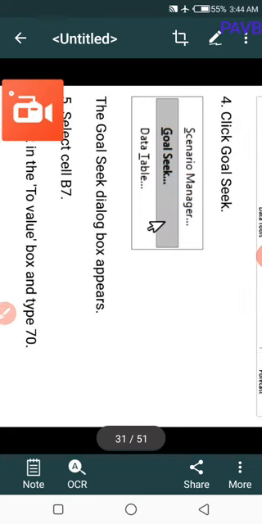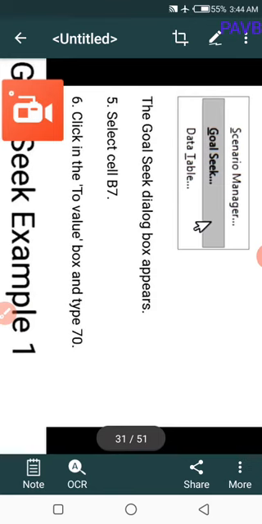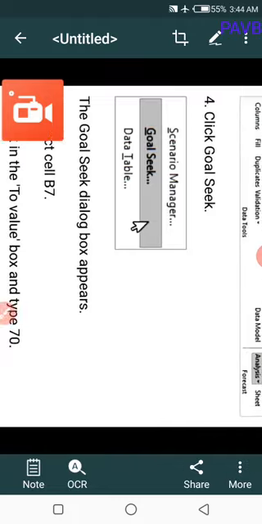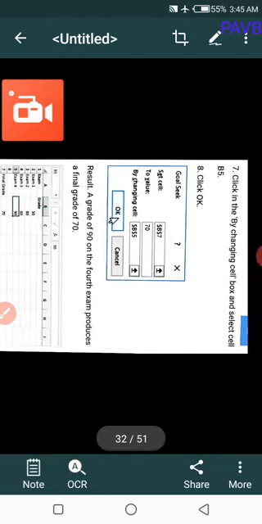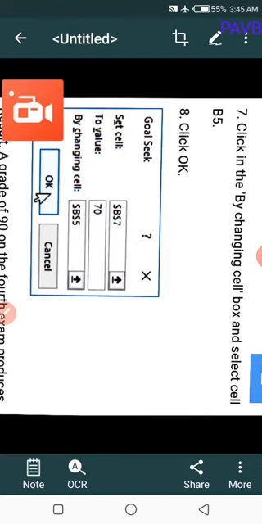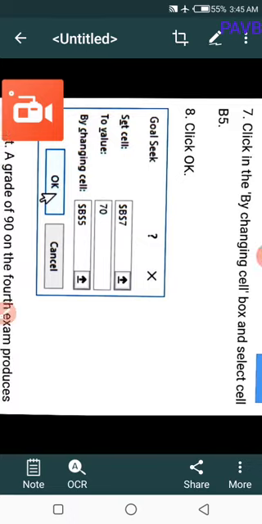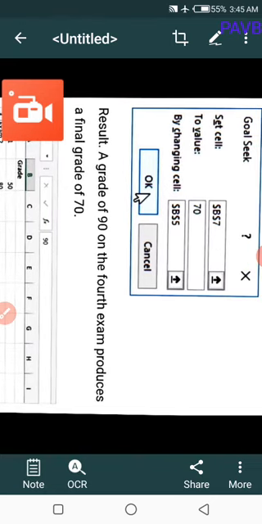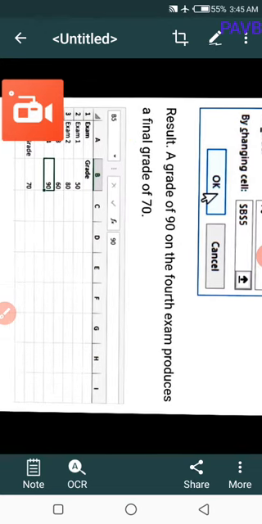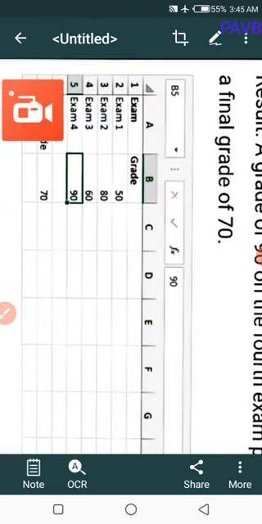The Goal Seek dialog box appears. Select the cell B7. Step 6, click in the To value box and type 70. Click in the By changing cell box and select the cell B5, and click OK. A grade of 90 on the fourth exam produced a final grade of 70.